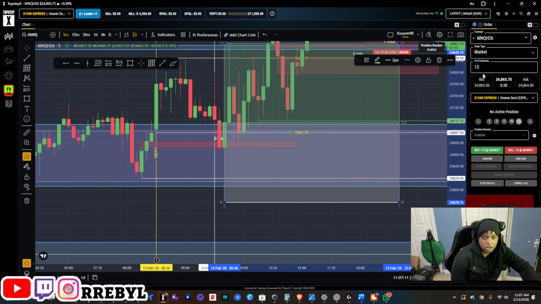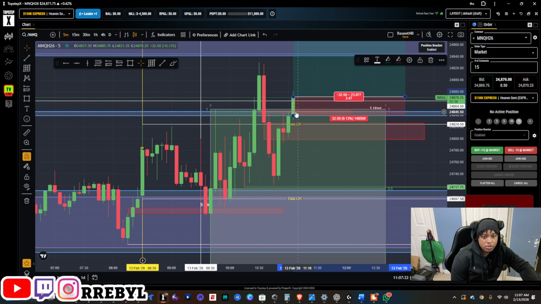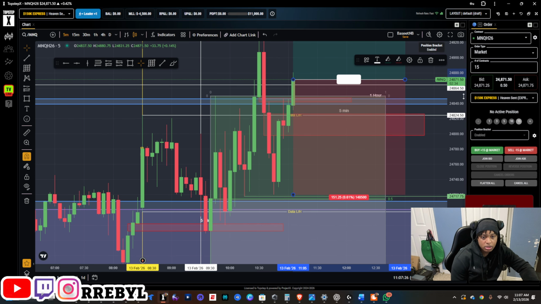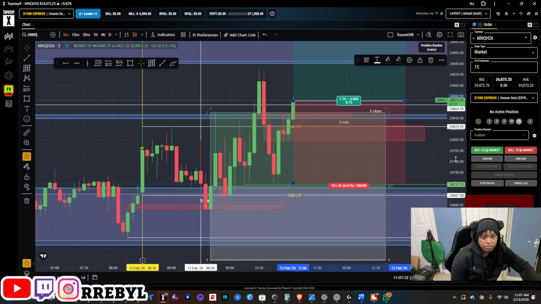To be fair, there's actually 2 inverse fair value gaps here. Well, if it closes there, then there's a second one here. Let me just remove this 1 hour fair value gap. I can really use when it closes outside of this breaker block. What breaker block? The whole move up. It went in, dug out.